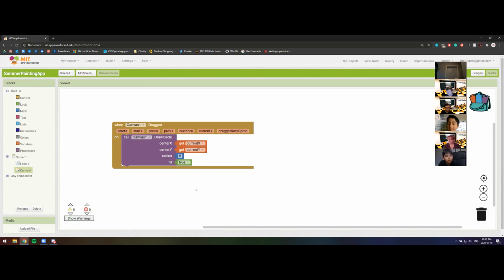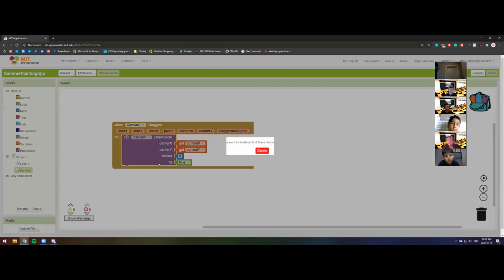Okay, so Arman, if you're not done, don't worry, because I'm actually just about to change the code anyway. So again, we have a problem, right? It's not a continuous line when we're dragging. It's just spread out dots. So the last thing that we can do, let me delete this again,